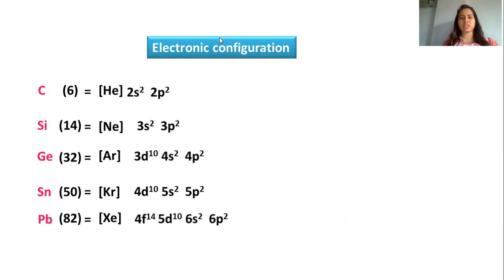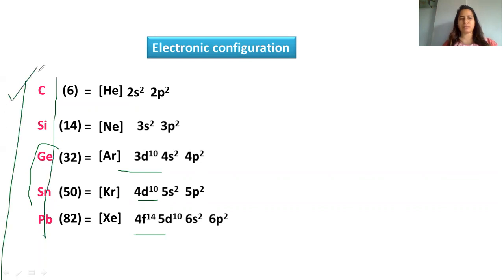You can see the other things, as I said, in gallium we saw d starting. So here for germanium and tin also we have d subshell, and for the last element we also have f subshell. So you can put the heading as group 14 elements. Draw the columns. The first column will consist of name of the element, symbol of the element, Z atomic number, electronic configuration, and we'll move ahead to occurrence.